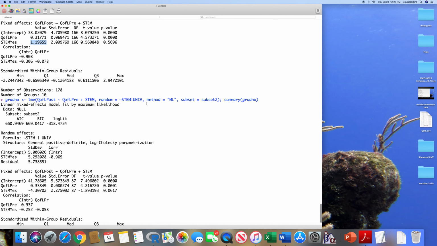So that tells me that, so the positive slope, let me wrap my mind around this. The slope that is positive, which would be the 1.20, tells us that people who are in STEM, because of the reference, right? So people who are in STEM,